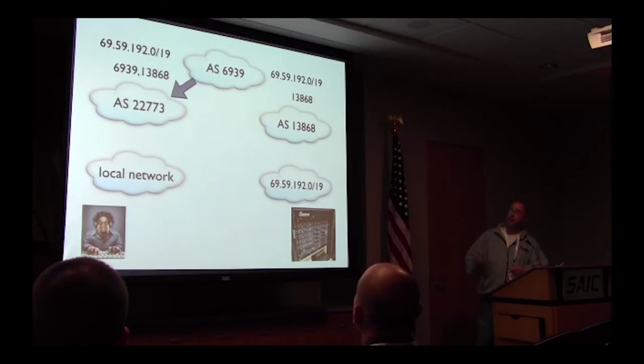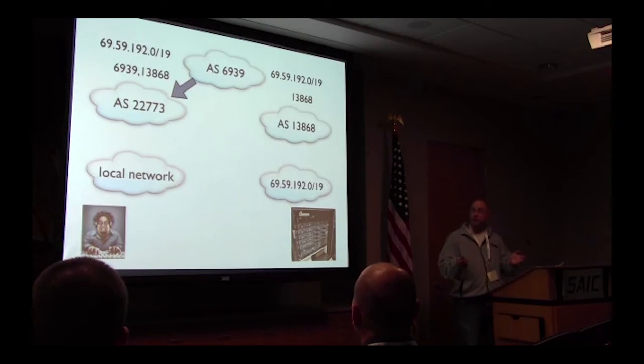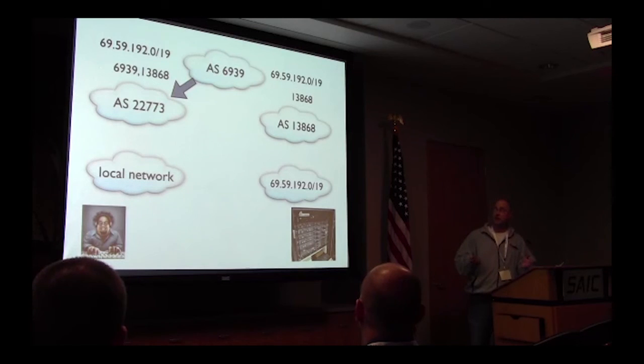And then that AS turns around and advertises that route announcement to every AS that it's connected to. If it accidentally goes back to 13868, it will see that its own AS number is in the AS path, and it will